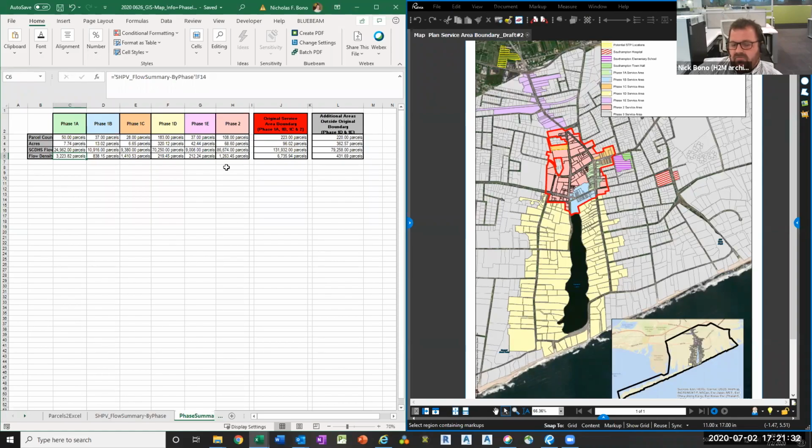So these are the areas that we're looking at, I think, from an ultimate build out standpoint, in terms of what potentially could be sewered with infrastructure, meaning sewer mains, pump stations, centralized treatment. All these other properties in gray here, which is why I have this inlaid map, show the entire extent of the village. By nature of creating a sewer system, it technically would encompass the entire village, and everyone else in that district would